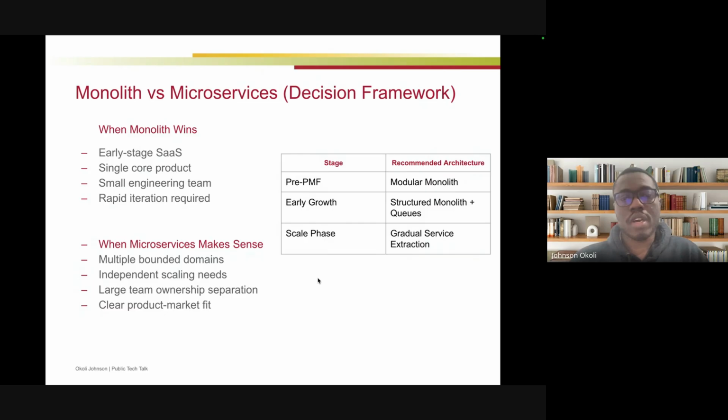And then there is a major decision factor where we talk about the monolith and microservice. Usually most startups want to go microservice at the initial stage, and that always kicks back at them, and it's always an issue. So for startups, you want to use a monolith system, ensure that you have a core single product, and a small engineering team where you can easily and rapidly bootstrap and try